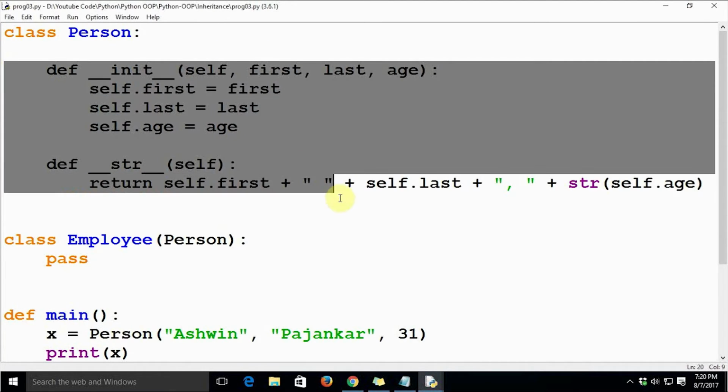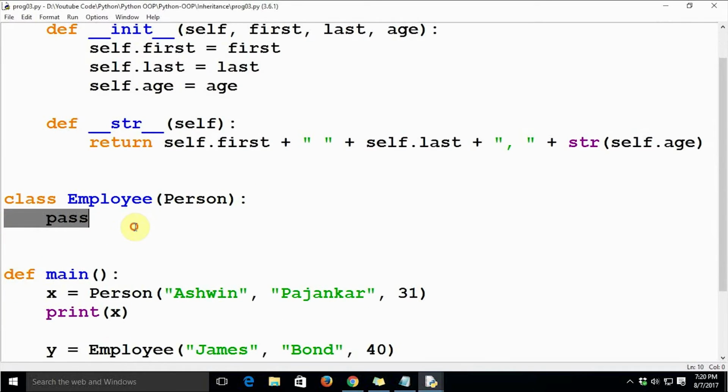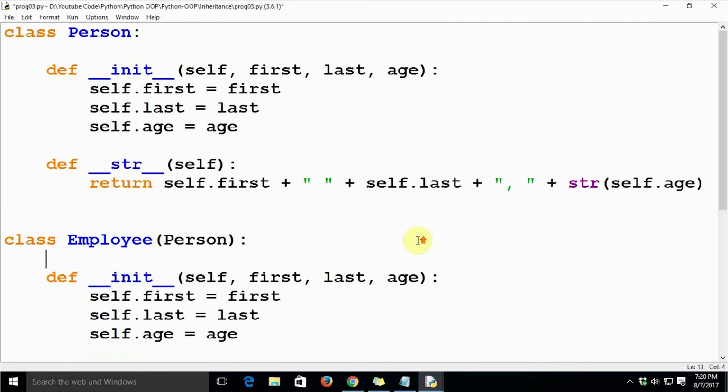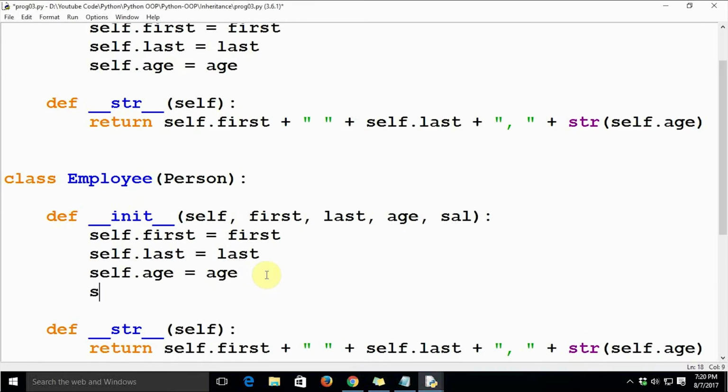Let's add sal, because mostly all employees will have a salary. That is an additional attribute that almost all employees of any organization are going to have, since no one is going to work for free. So let's say sal and sal.